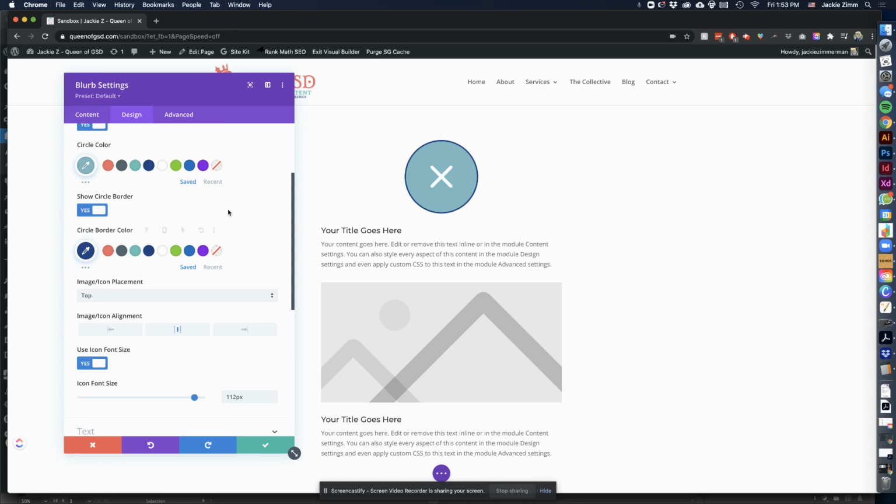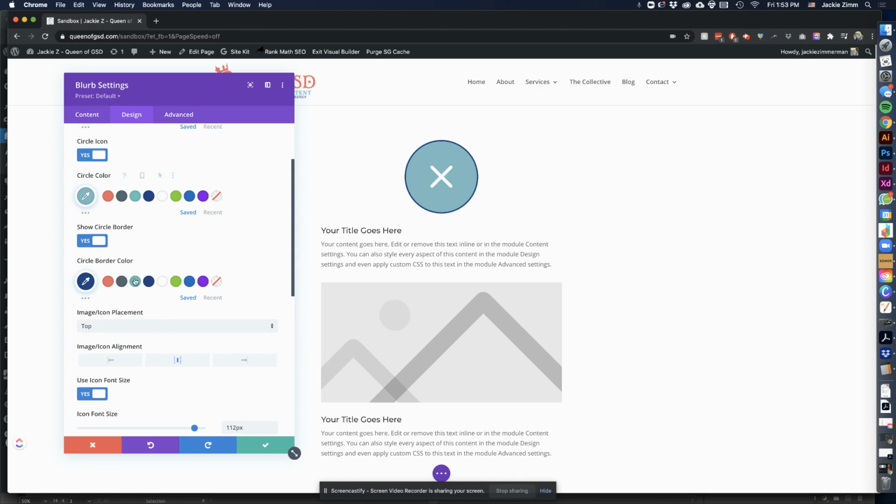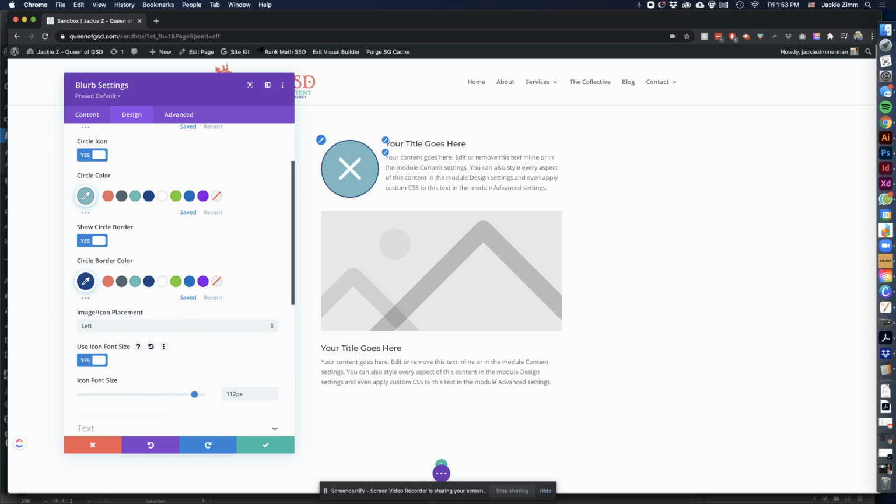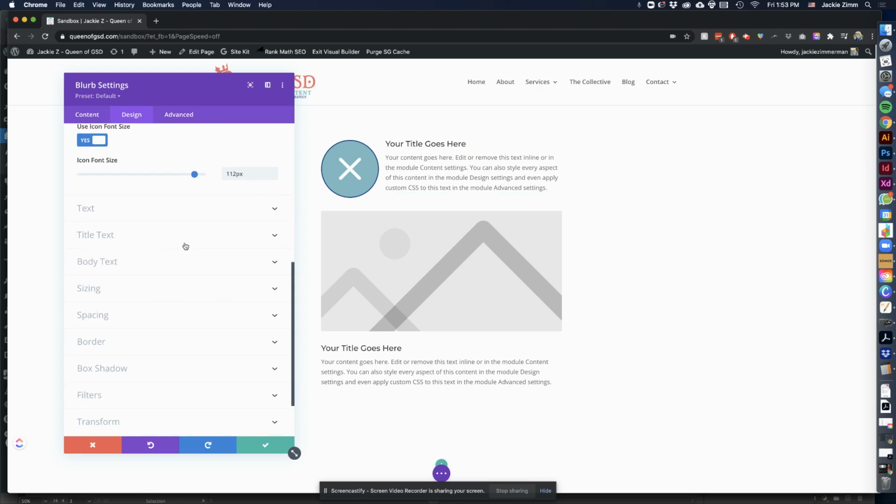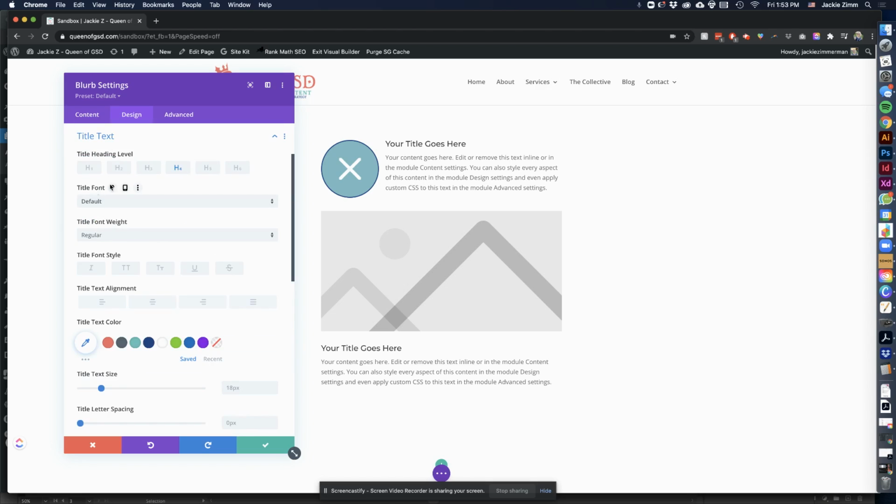There's one other really important thing in terms of styling the icon, and that is the placement. You get two options. You get top, which is where it is right now, or if you click this, it can go to the left. So it just is a personal preference on how you want it displayed, but that is the way you would style an icon. To style the text, for the title, you would click this box that says title text, and